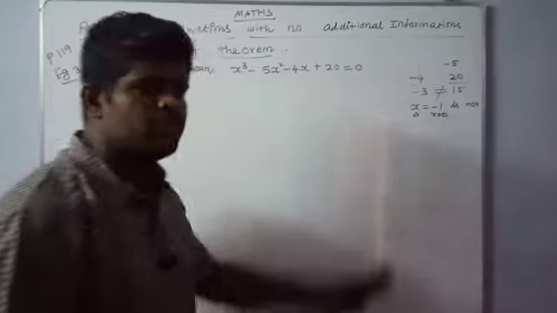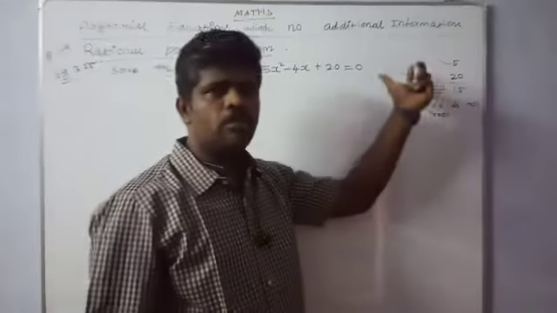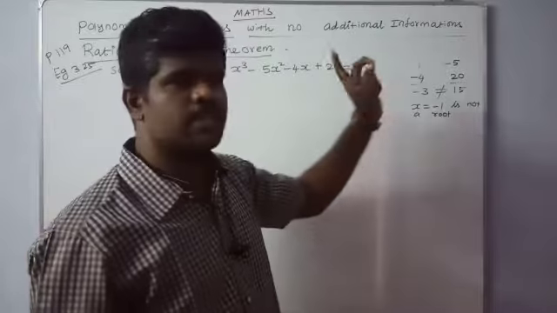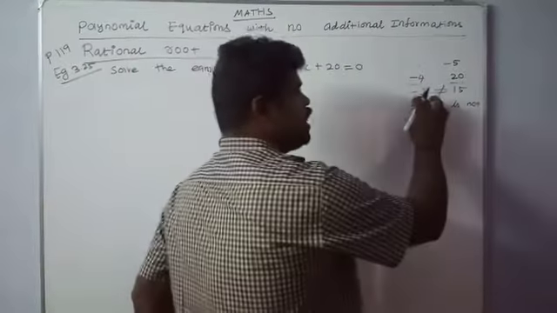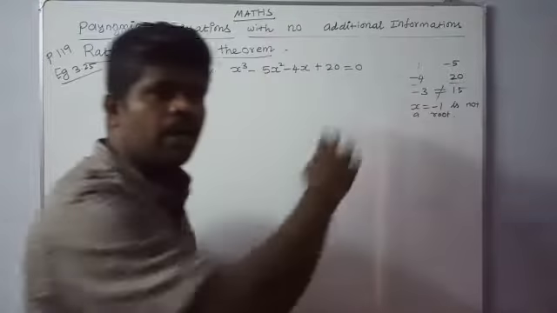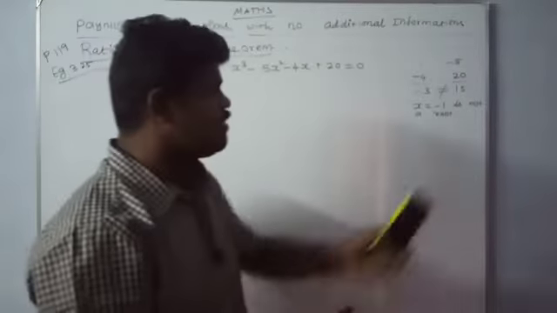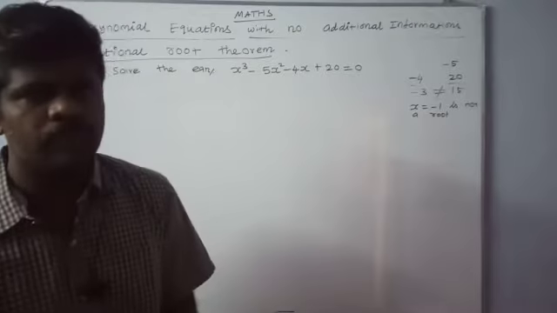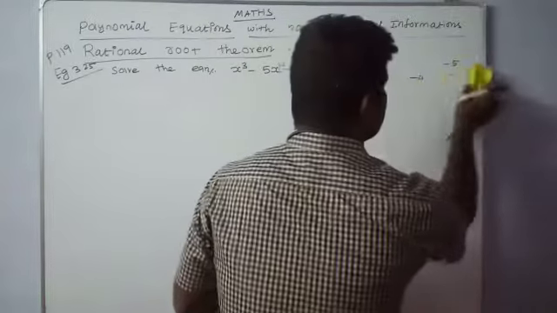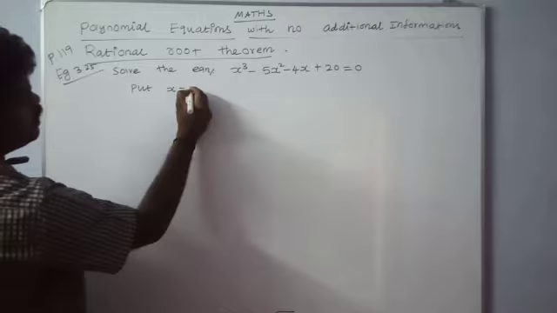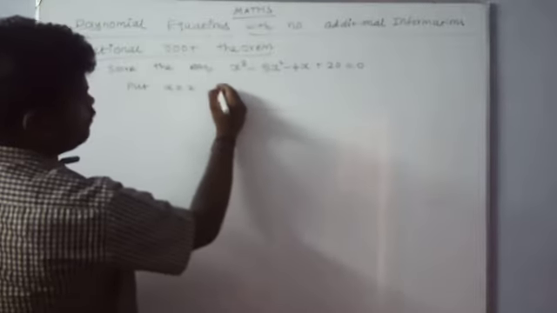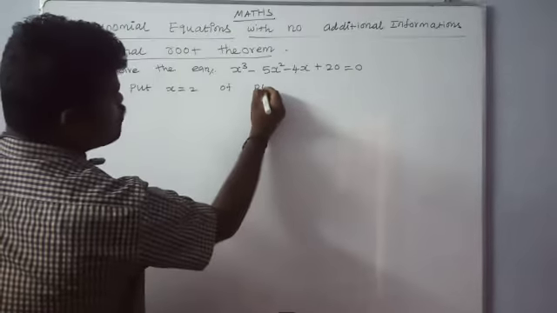We already know from the previous video: if x equal to 1 is a root, the sum of all coefficients is 0. And if x equal to minus 1 is a root, the sum of the odd coefficients and the sum of the even coefficients are equal. Both conditions fail here. So what can we do? Now we can try the trial and error method. Put x equal to 2 in the polynomial p of x.